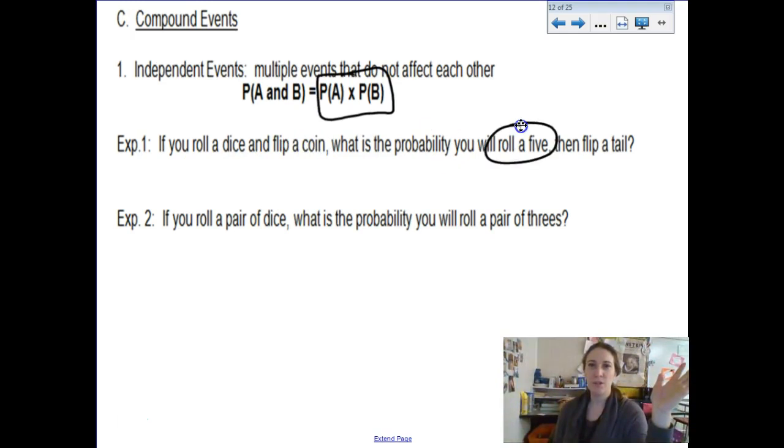What's the probability that you're going to roll a 5? Well, that would be 1 out of 6 on a dice. And then flipping a tail on a coin would be 1 out of 2. And if we multiply those together, you got 1 out of